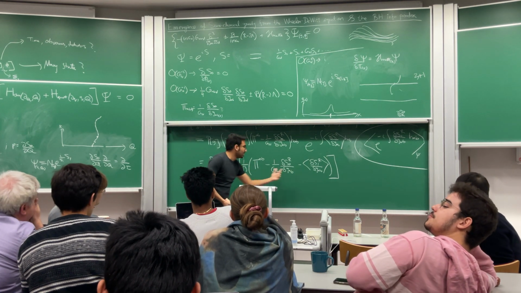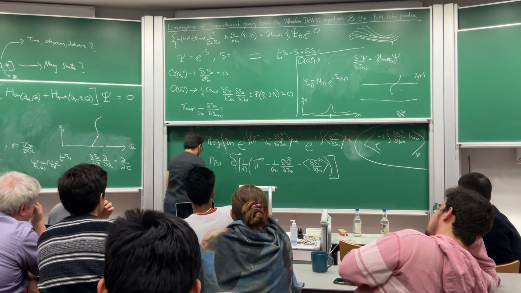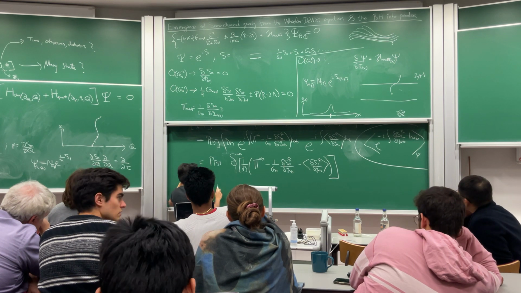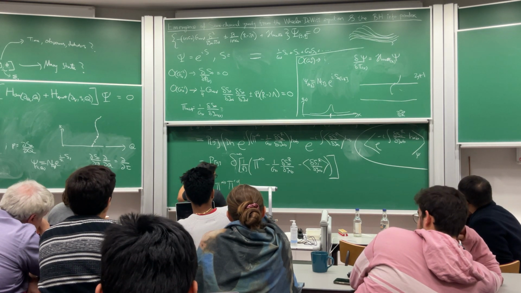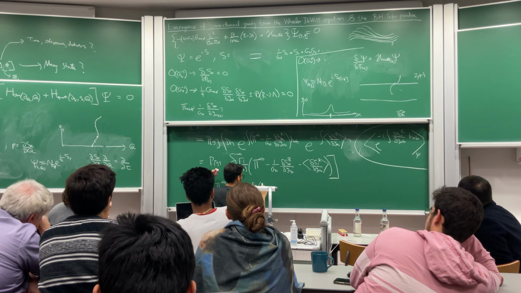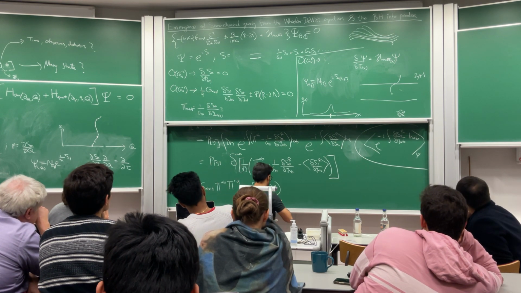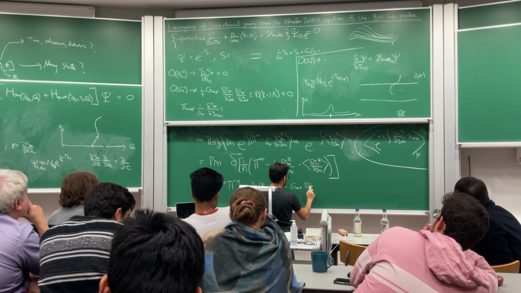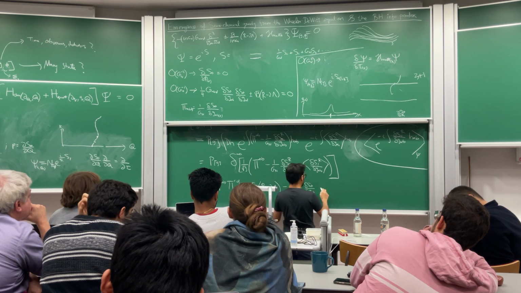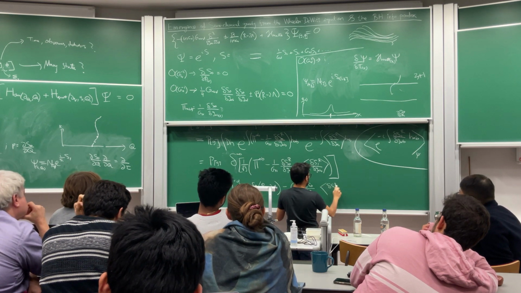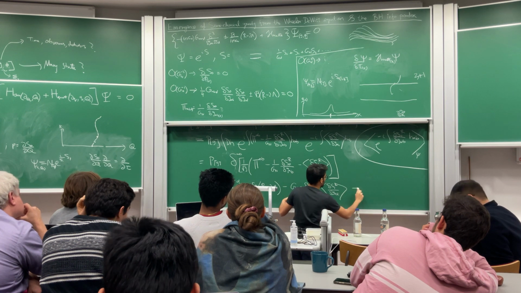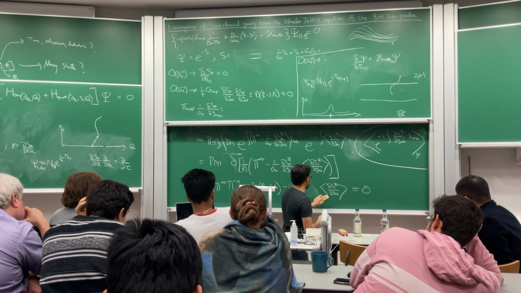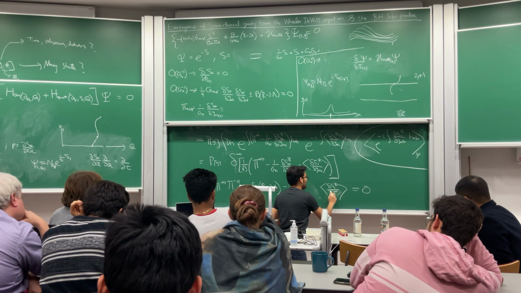So you write this in terms of this and this, and the resulting equation that you get equals this, and GAB times this is nothing but the derivative of this with respect to the proper time,